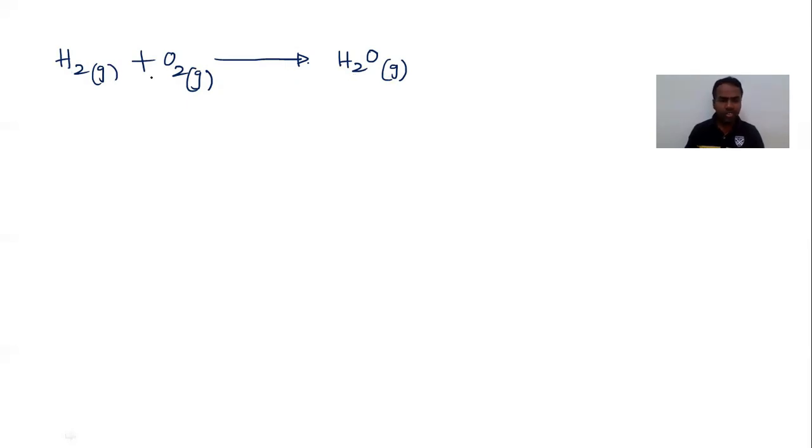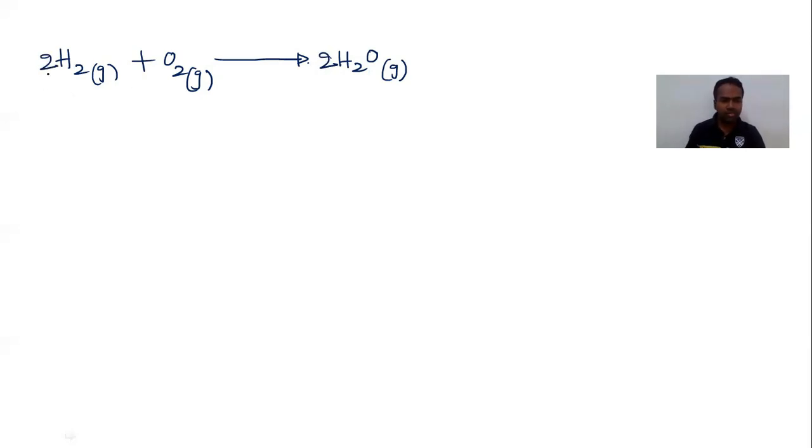So if you want to apply the stoichiometry to this equation, we need to follow the 3 steps that I taught in the earlier slide. The first step is, we have to balance this chemical reaction. If you observe the reactant side, there are 2 oxygens. On the product side, only 1 oxygen is there. So in order to make 2 oxygens here, before H2O put the 2. Now hydrogens become 4. Here put the 4 hydrogens. Now the equation is balanced.